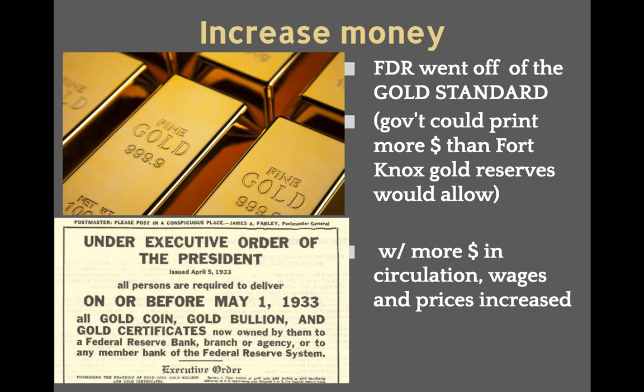Now again, in order to stimulate the economy, we had to have money flowing through the economy. So FDR is going to take the United States off the gold standard and print as much money as he needed. Now again, you can't print too much money because it'll be a situation like Germany in World War I where the money becomes useless and more valuable as burning material, firewood, things like that. So you have to be careful. You can't just print money to solve the problems because that decreases the value of the money. But he is able to print more money and have more money flowing through circulation. So prices begin to go up, wages begin to go up slowly, so people can spend money to make money.